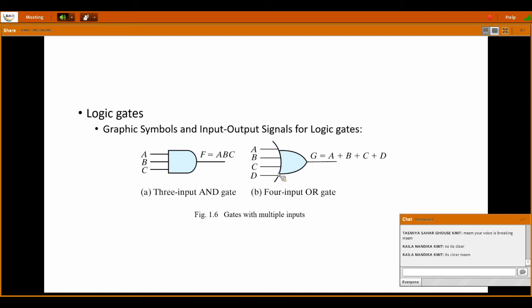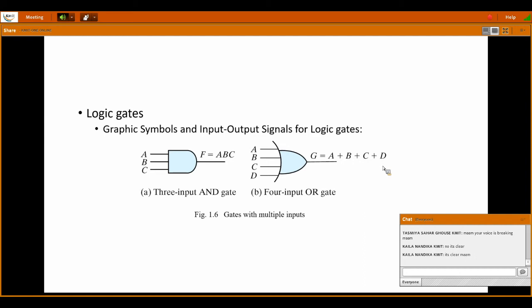And next, a 4 input OR gate is also shown. Now how will you write the Boolean expression for this 4 input OR gate? It is just an addition. Add the variables that you are increasing in the output expression. So A, B, C, D are the input variables given to the OR gate, and your output expression will be G is equal to A plus B plus C plus D. So your truth table combinations will be 2 power 4, that is 16 combinations.